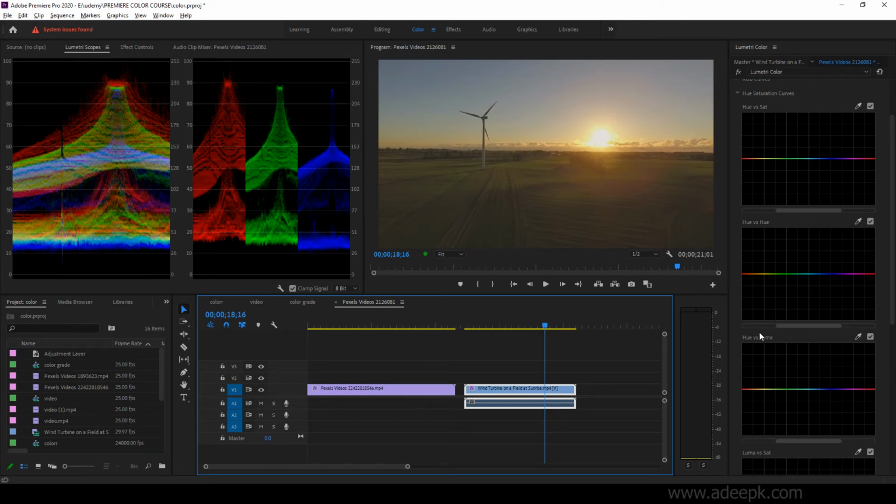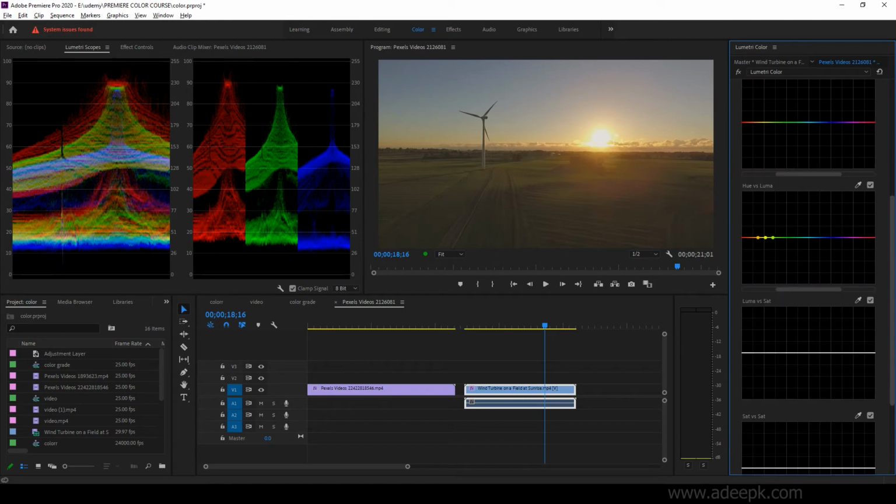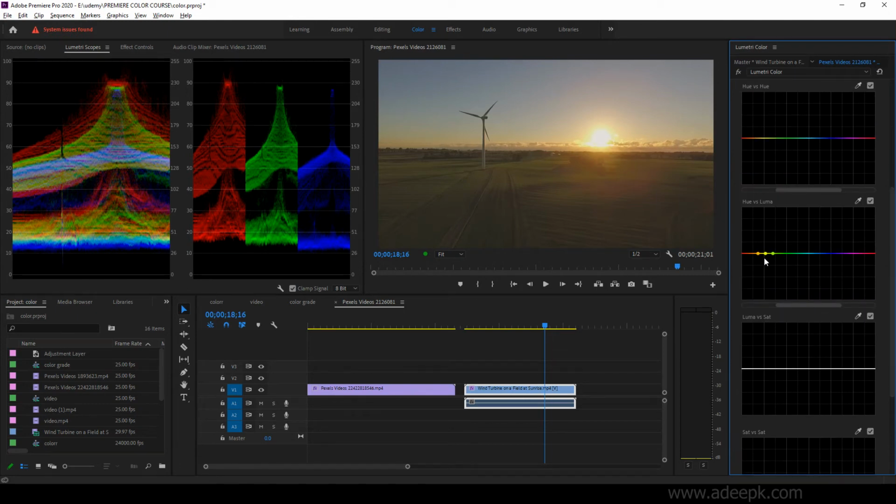Luma means the brightness of an image. So let's select this sun's color, and you can bring down the value of that. So you're reducing the brightness of that hue.